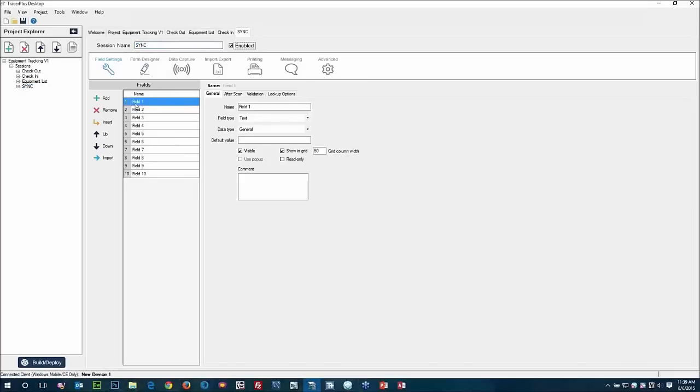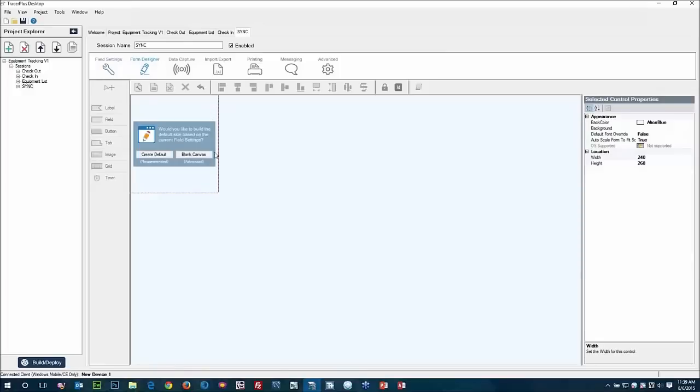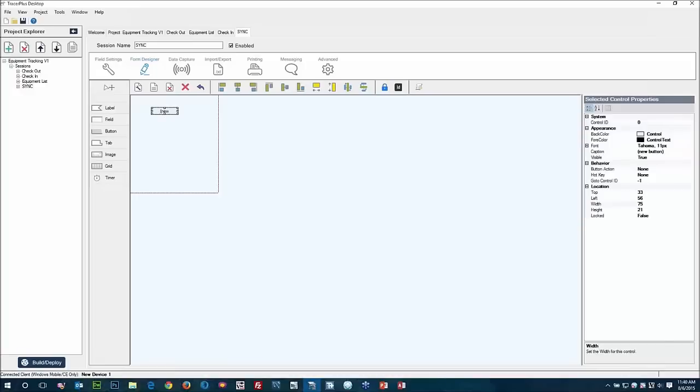So I'll create a session 4 called sync. We only need one field, so we'll just delete the rest. Jump over to our form designer. In this case, we want to do a blank canvas. So I'm just going to add a button. We'll call this